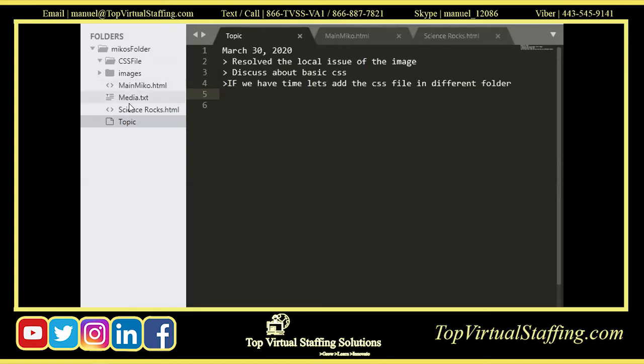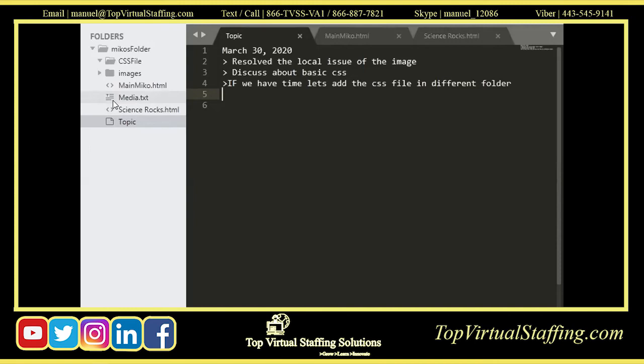So we need to put all the pages in a folder so we can easily navigate. Because if we have 10 web pages and CSS, we're going to have a lot of files here. So we will try to put all the files